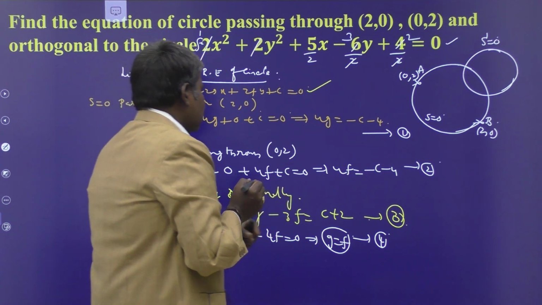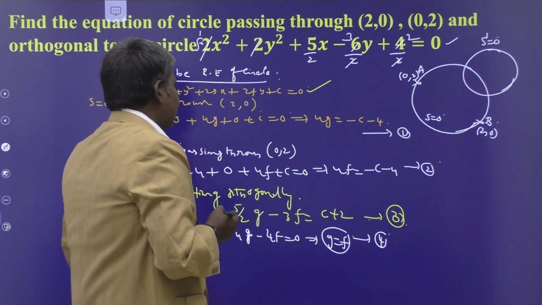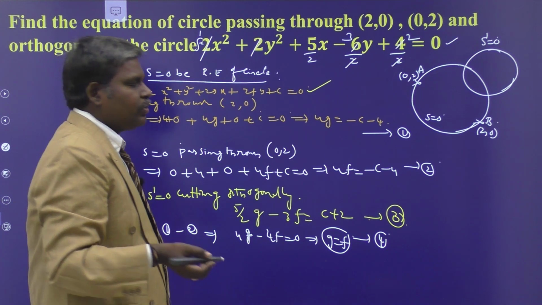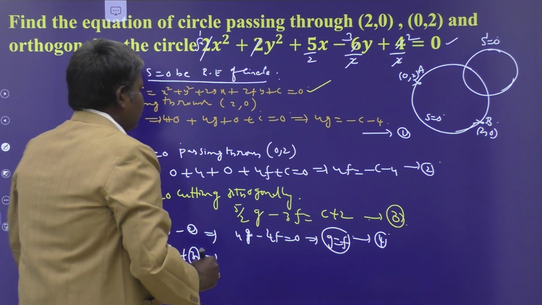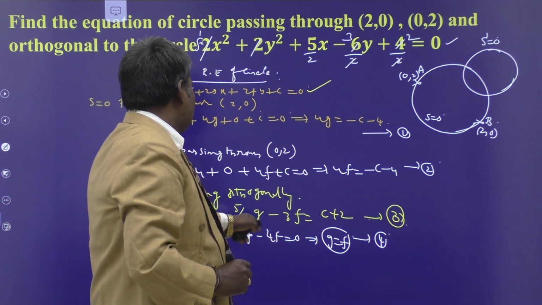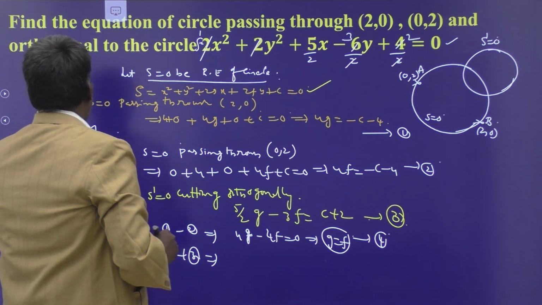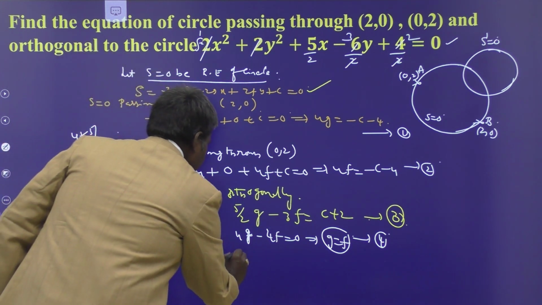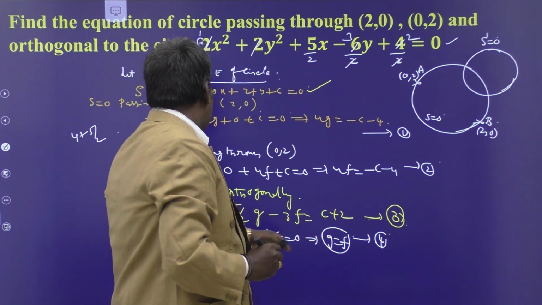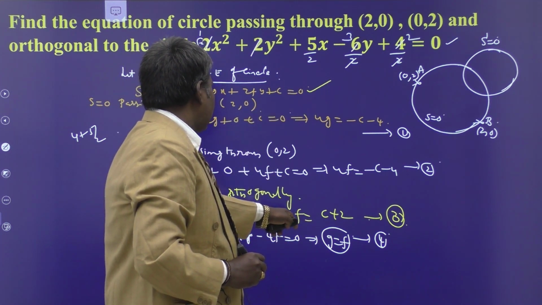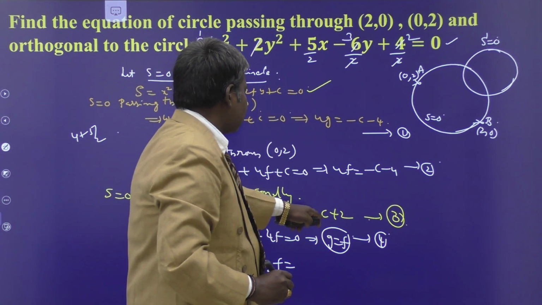Now here is plus c, here is minus c. By adding 1 and 3 we eliminate c. What is your first target? You are going to eliminate c first. 1 plus 3 implies what happened? See here 4g plus 5/2 g, that is 8 plus 5, 13/2 g. Next, minus 3f is equal to, plus c minus c gets cancelled, minus 2.